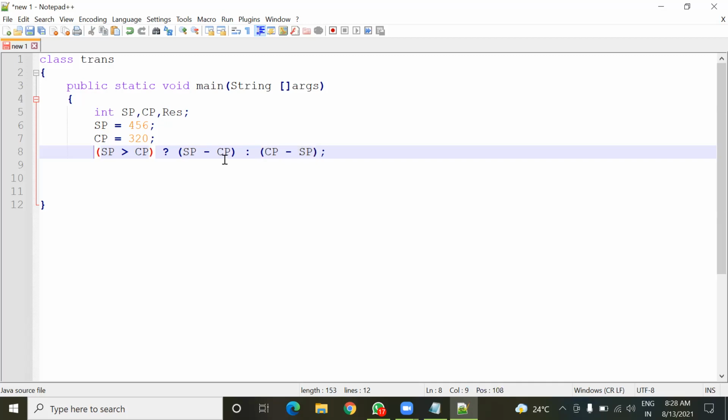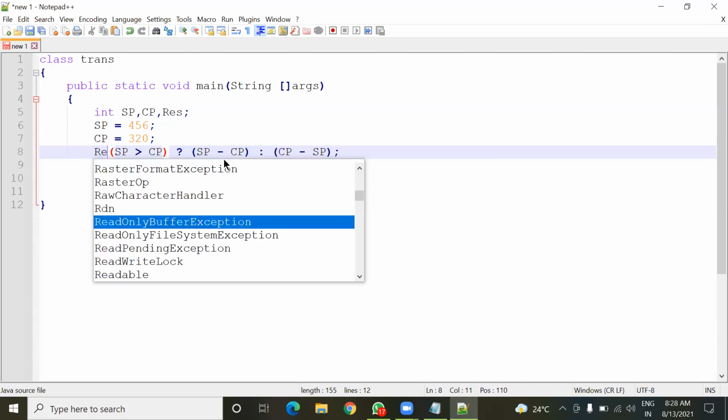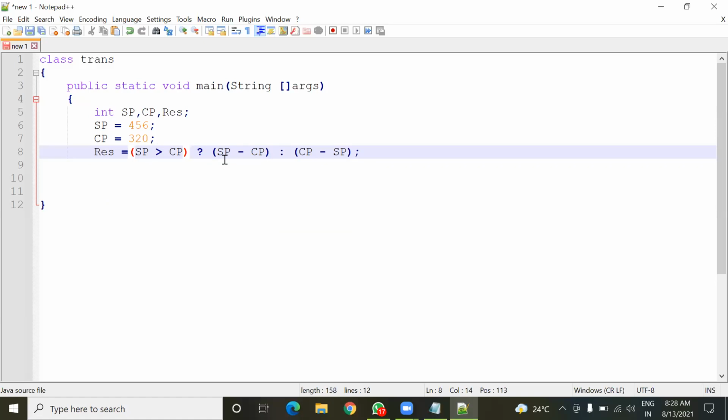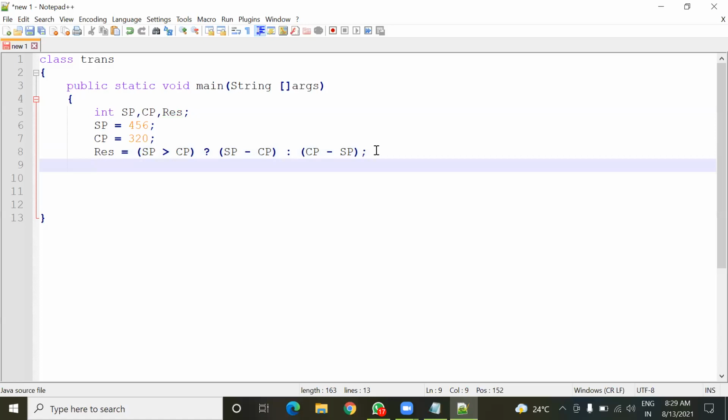So here I'll use the res variable and use this assignment operator. Whatever result comes from this expression of the conditional operator will be stored inside this res variable. Understood? Yes, sir. Okay. So now at the last, I'll have to display the outputs.